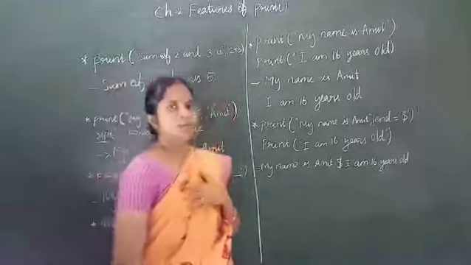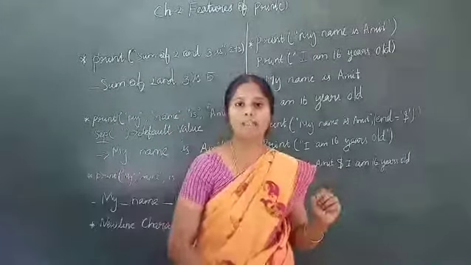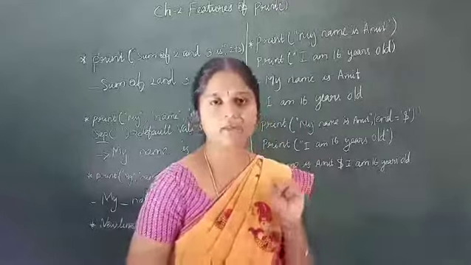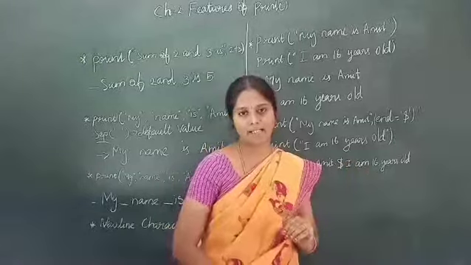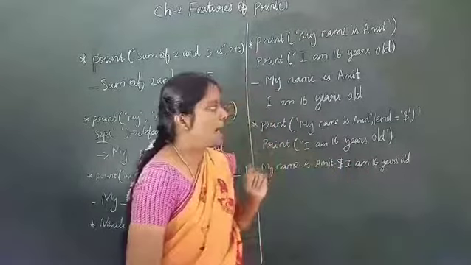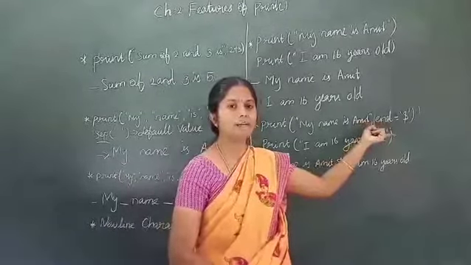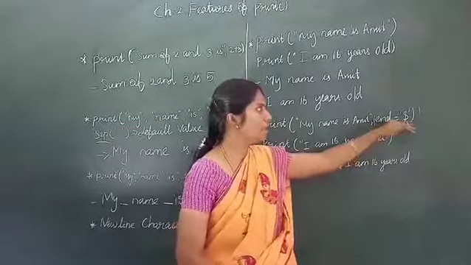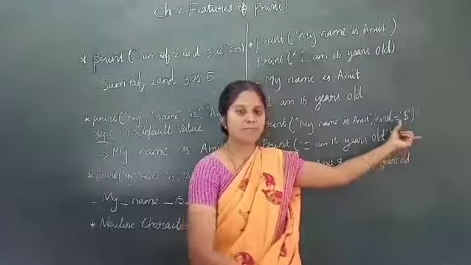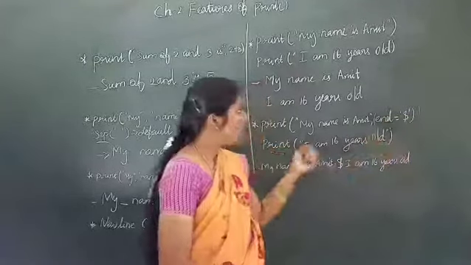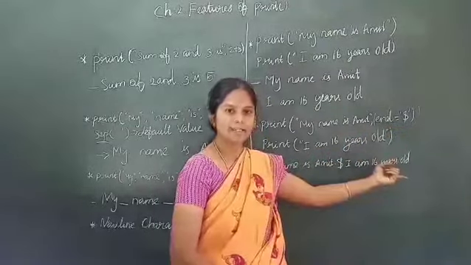The next feature is that Python automatically adds a new line character at the end of the line. It will read the first line, then the cursor automatically moves to the next line. So if you want to add an end character on a line, you have to use end at the end of the print statement. End equal to, within single quotes, you specify the character or any symbol you need. The next line also will print the 16 years old on the same line.